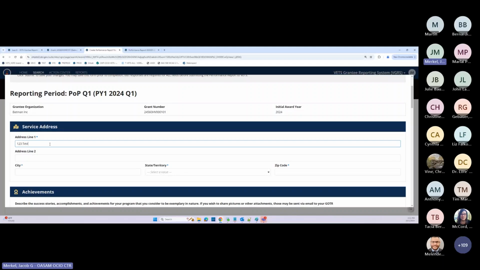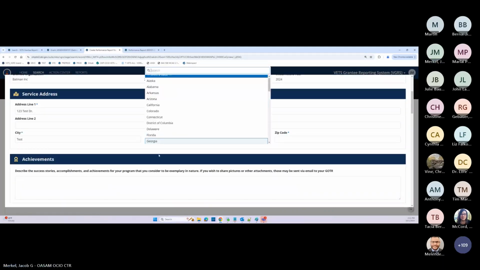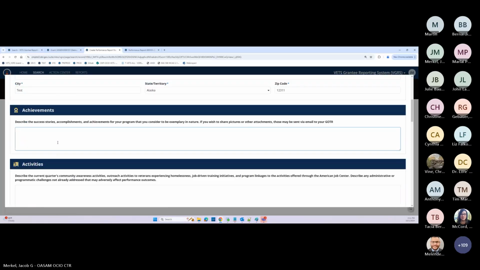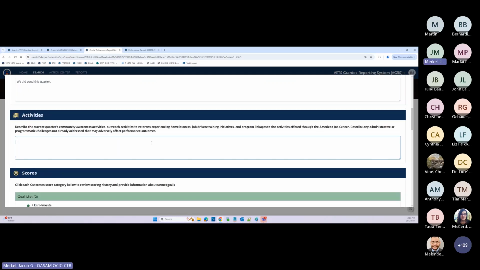Input a basic service address. We're just going to say it's test drive and test. We've got to fill out achievements, activities,